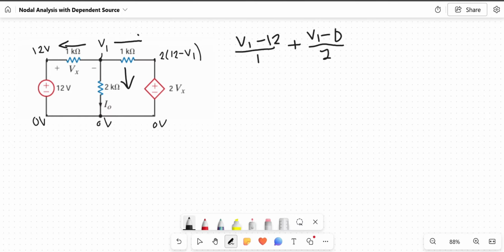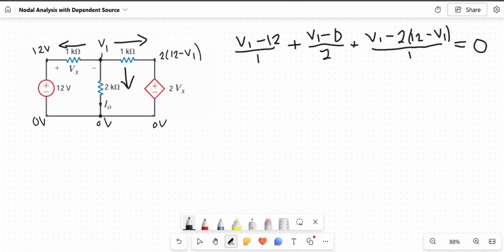And then the equation from V1 to this dependent source would be plus 2 times (12 minus V1), which would be (V1 minus 2(12 minus V1)) over 1